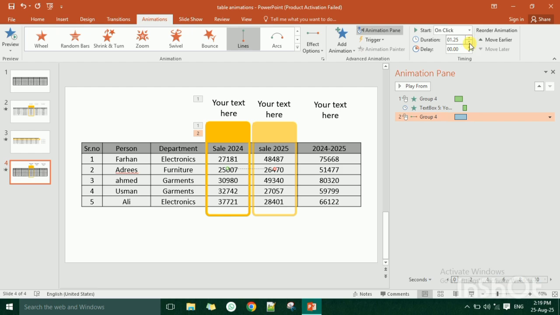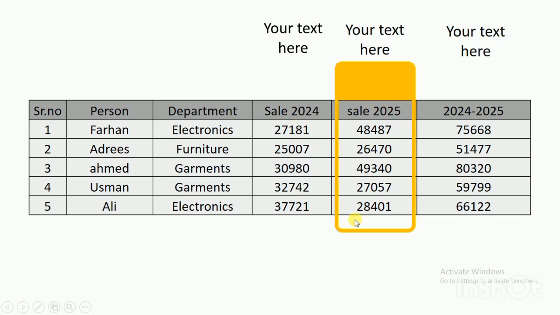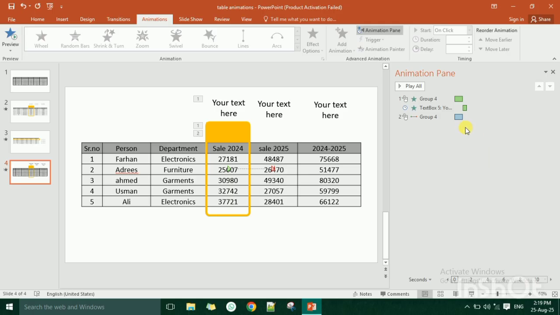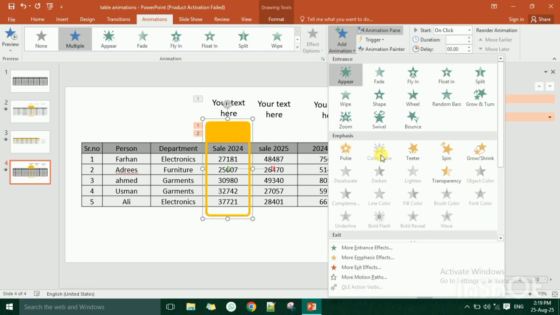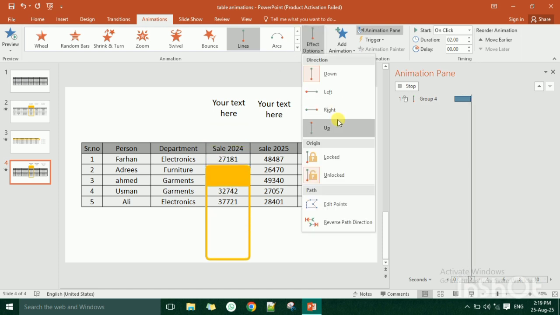I'll decrease its duration to 1 second. You can see first click, and on the next click this comes here. You can decrease its speed by clicking on this and increasing the duration. After that we have to click on this again and click on Add Animation, and from here Lines, and from here we choose Right.